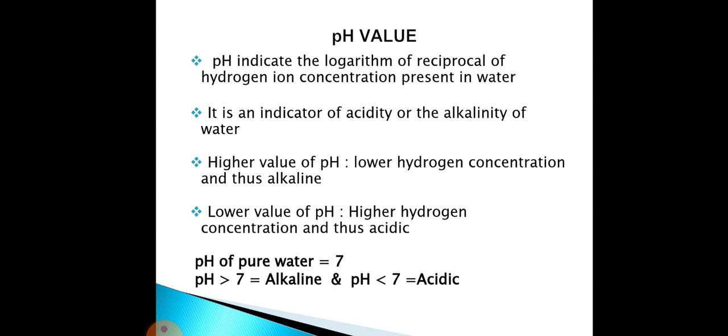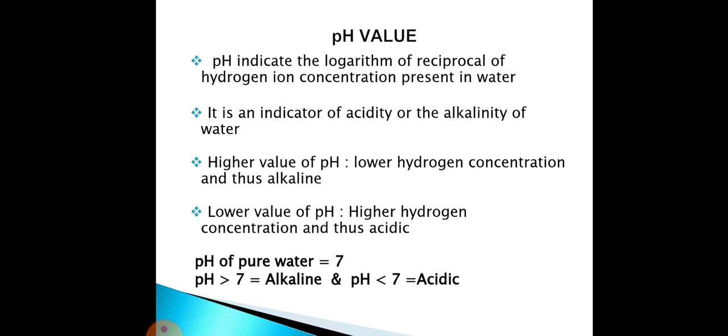And also we know that whenever the acidity or alkalinity of water is high, we will not prefer it for drinking. So the permissible limit for public water supply for pH is between 6.6 to 8.5. So if the value of pH is between 6.6 and 8.5, we can say the water is consumable. Lower or higher values of pH indicate, like I said, that it is acidic or alkaline. So such samples of water are not fit for consumption or for drinking purposes.